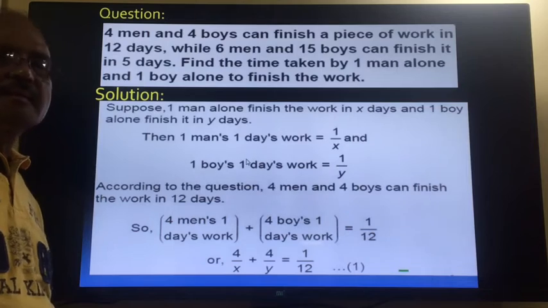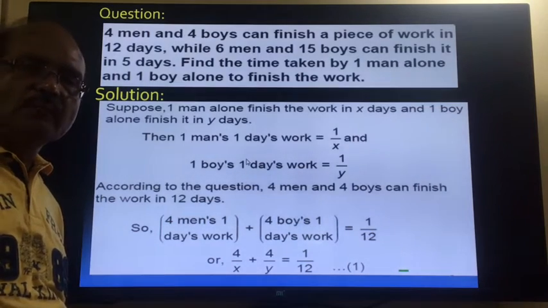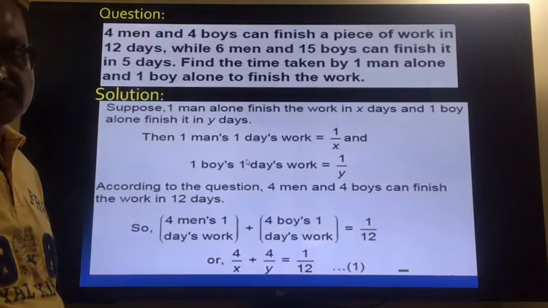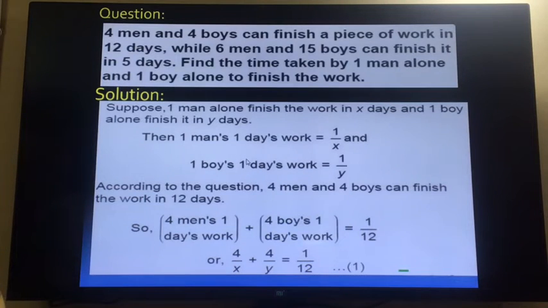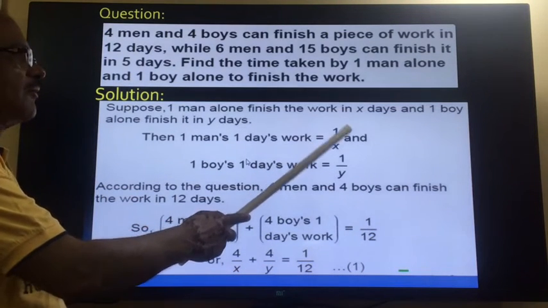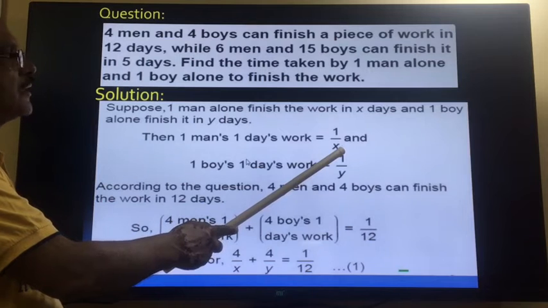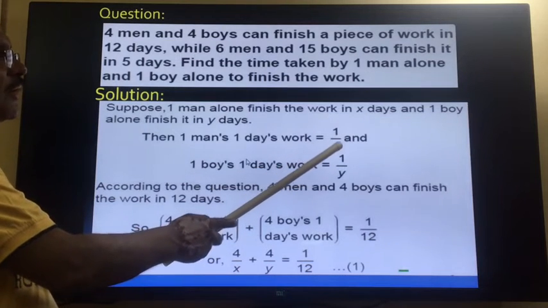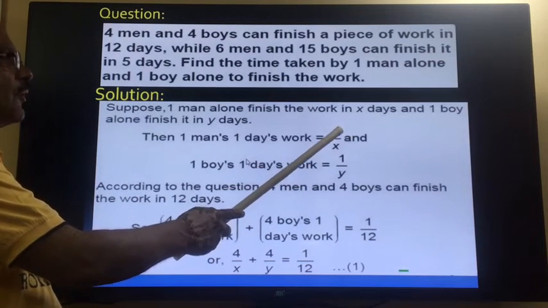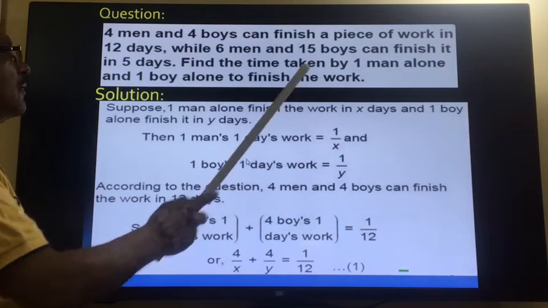In x days, the man is completing 1 work. So in 1 day he will complete less work, and for less work we will divide. So this is work divided by the time, the number of days. So x days, so 1 upon x part will be the work done by a man